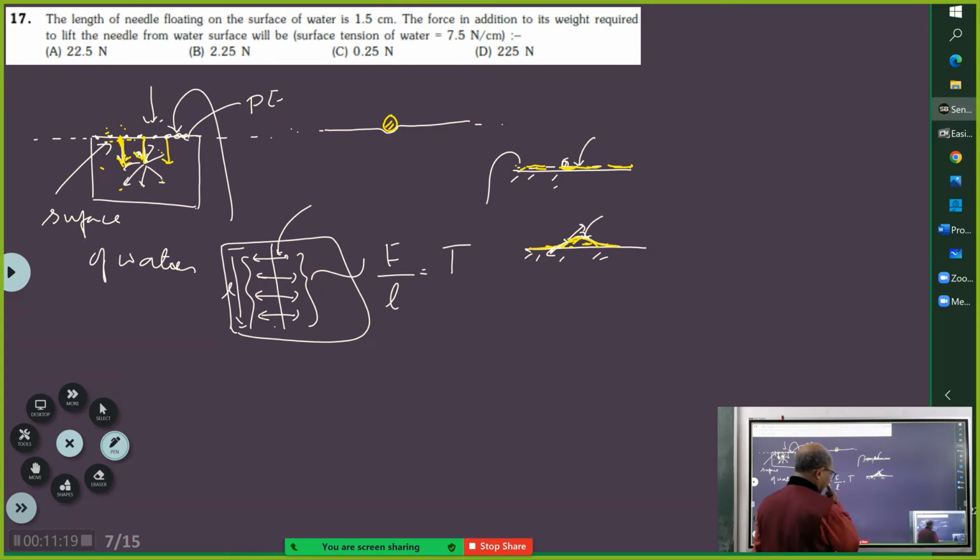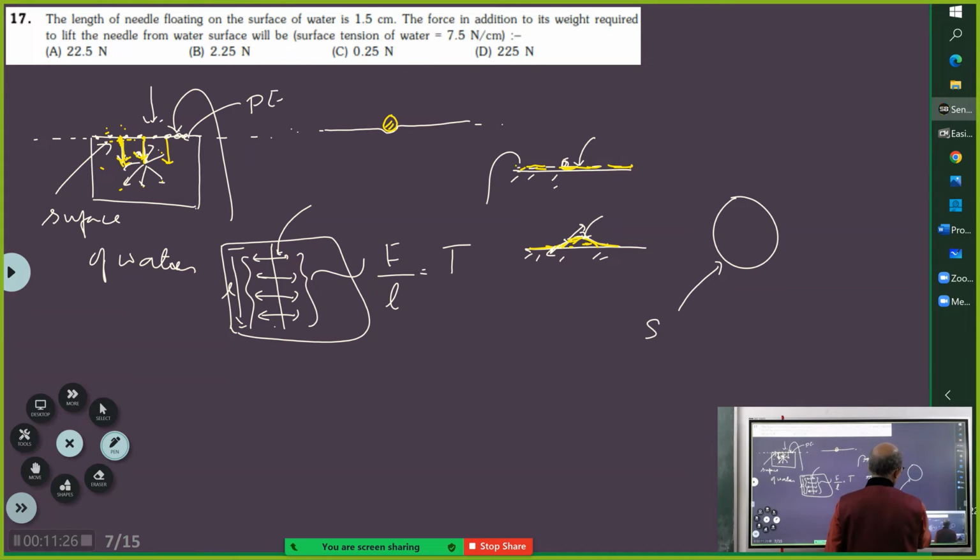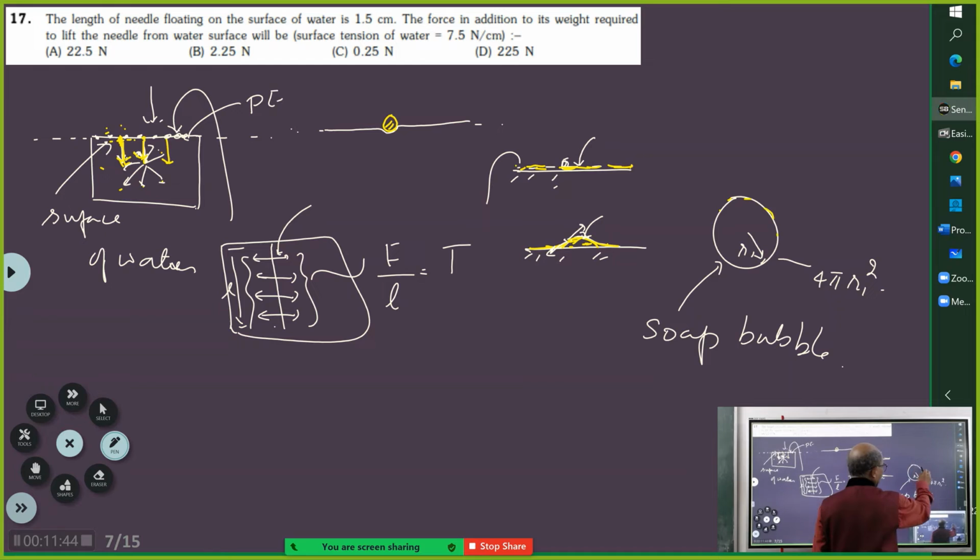Now, another way to look at it is, when you have, say, a soap bubble, right? Okay. So this has got some surface area, this has got radius R1, and it has a surface area of 4πR1 squared. And the molecules on the surface have some energy, so let that energy be S. And now if you take the surface energy per unit surface,